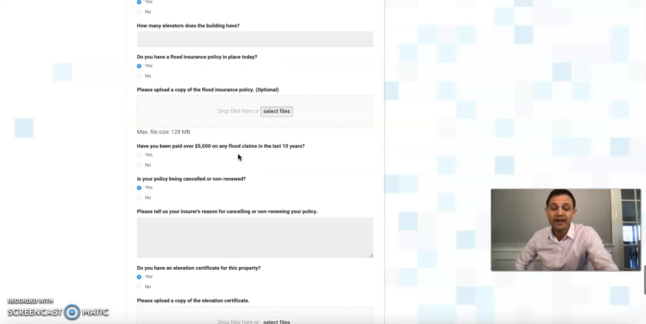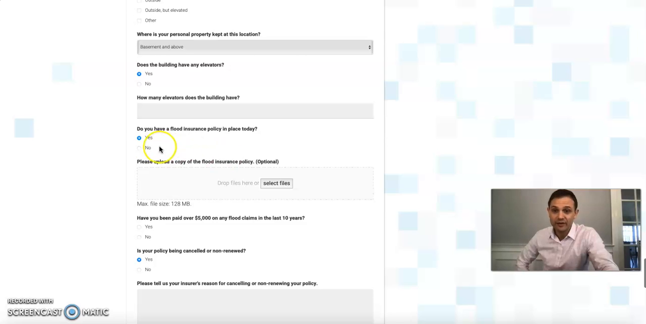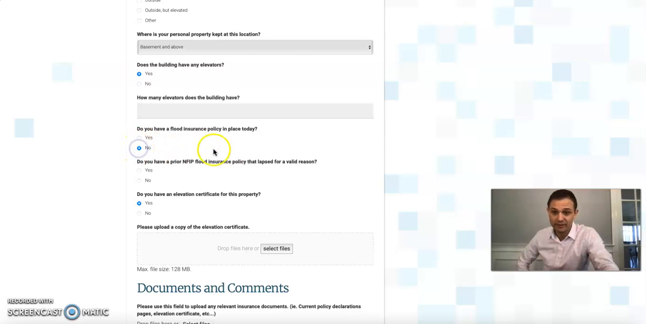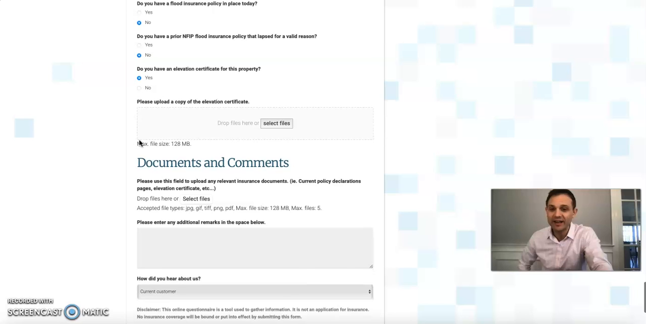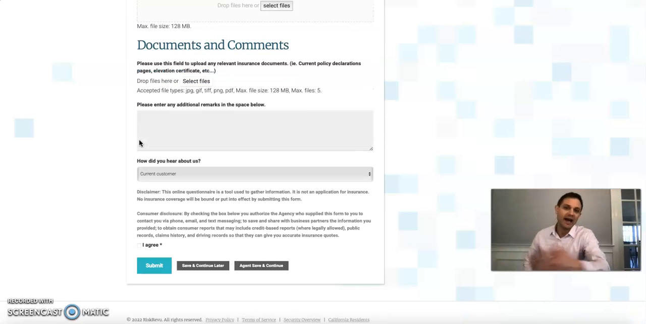Now, by the way, if they answered no, that they don't have a flood policy in place today, it asks, do you have a prior NFIP policy that lapsed for a valid reason. So as you can see, the conditional logic really brings that conversation to life as it would with a broker asking the questions. All right, so then they can upload an elevation certificate, and at the end of every form